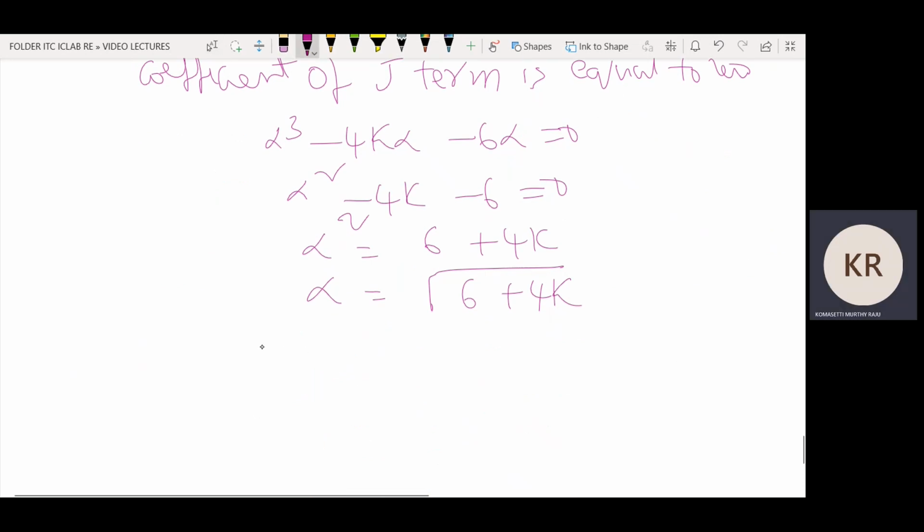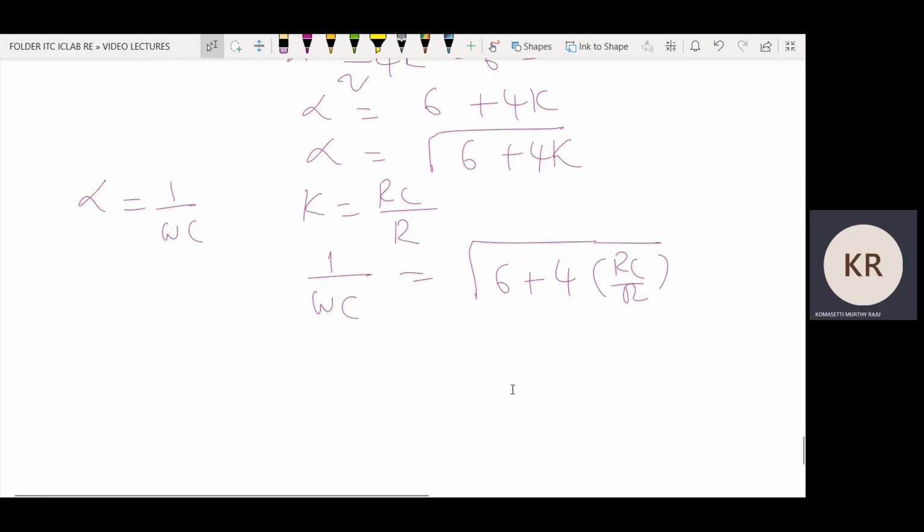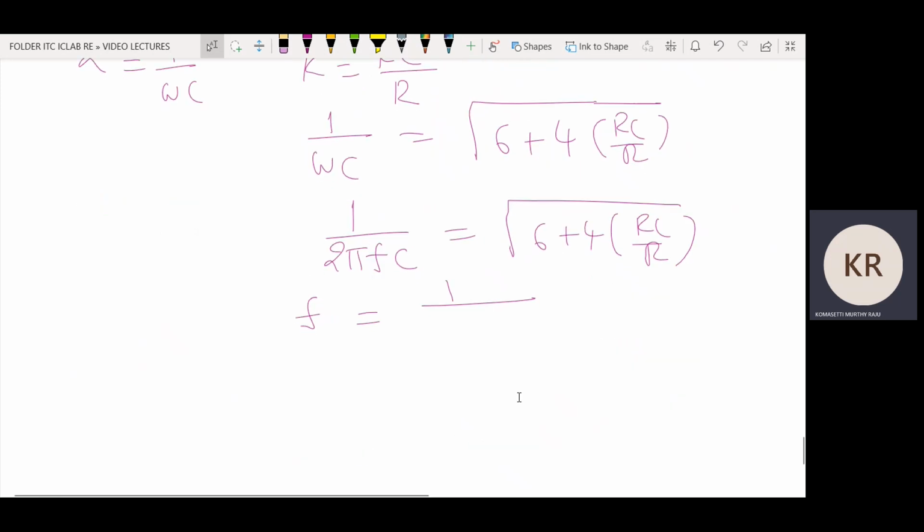We know that alpha is equal to 1 by omega c, and k is equal to RC by R. Substitute these expressions here. 1 by omega c is equal to square root of 6 plus 4 RC by R. Omega is equal to 2 pi f. Therefore, f, the frequency of oscillations, is equal to 1 by 2 pi